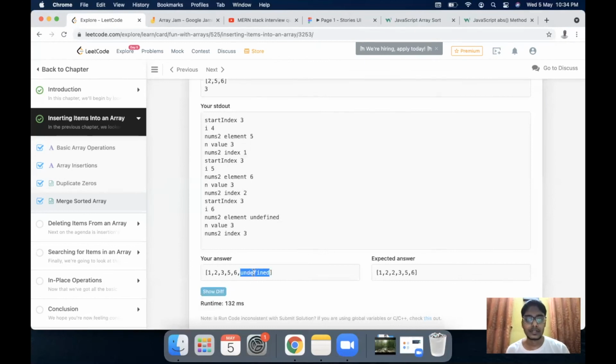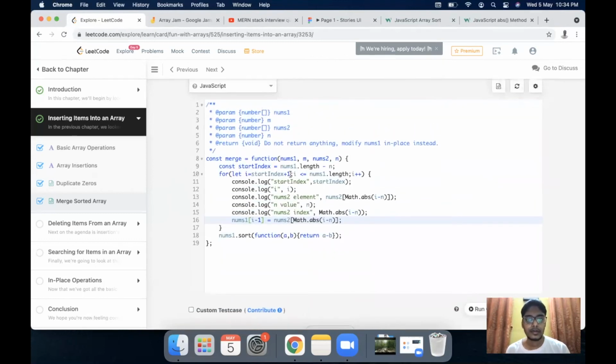No, it doesn't work. So we have 1, 2, 3, 5, 6. We have skipped a value. So this won't work as well. What can we do? So let's just keep this to I, and this as